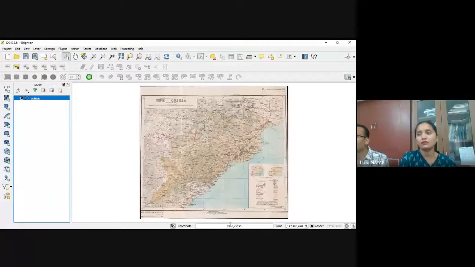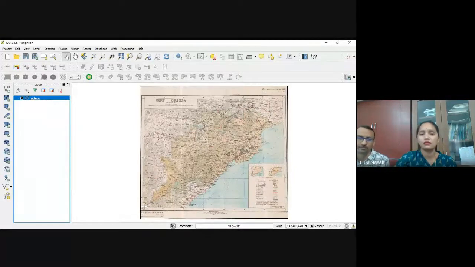So here we will start georeferencing, but prior to that we have to understand this map. As I have already told you, we must know four known coordinates so that we can georeference this. Please read this map. Please show me the left bottom corner of this map.